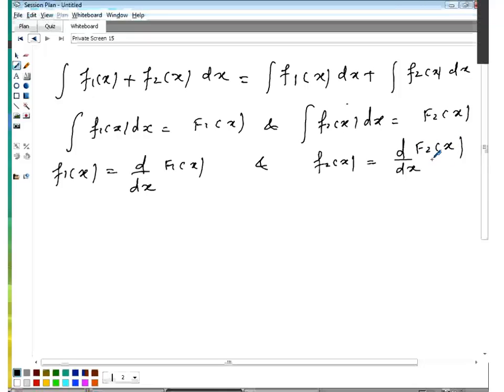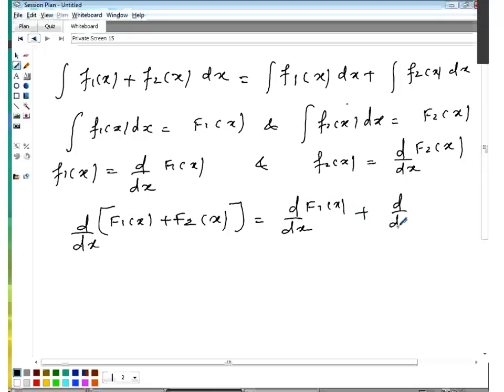Now, we know from differentiation that if we have two functions or more, whether plus or minus, then splitting can be done like this. Okay? But d/dx of F1 is this f1, and d/dx of F2 is this f2,